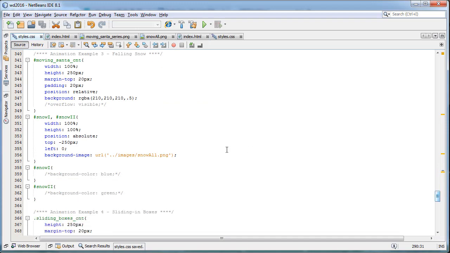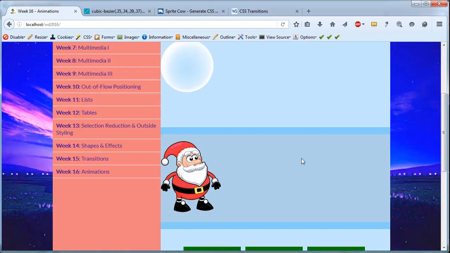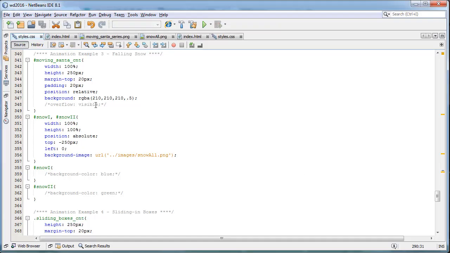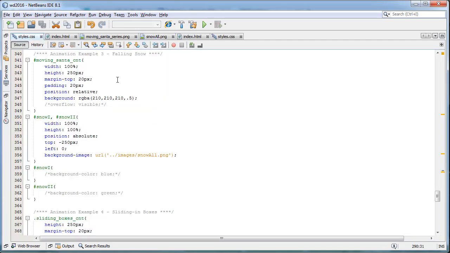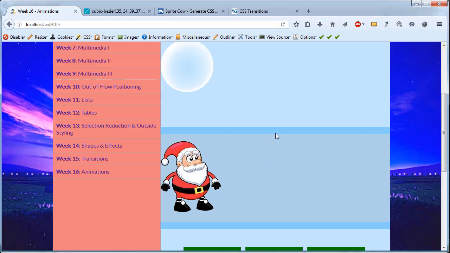Now what we want to accomplish here is to let it snow inside this box. So what we therefore need is a background image with snowflakes. And of course that image must be a PNG image with transparency. Otherwise there would be a white area here and the snowflakes would not be visible. So here are the individual snowflakes, a little bit hard to see, I guess, due to the background color being applied here. But there are quite a number of snowflakes, and those we ultimately want to come down